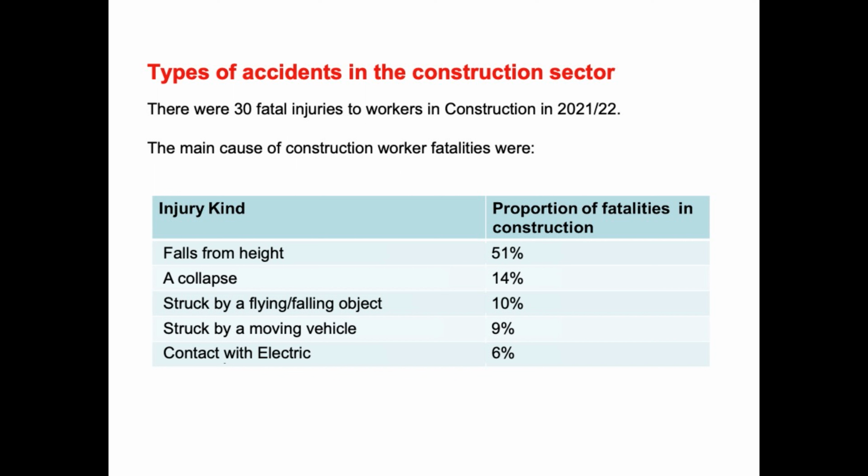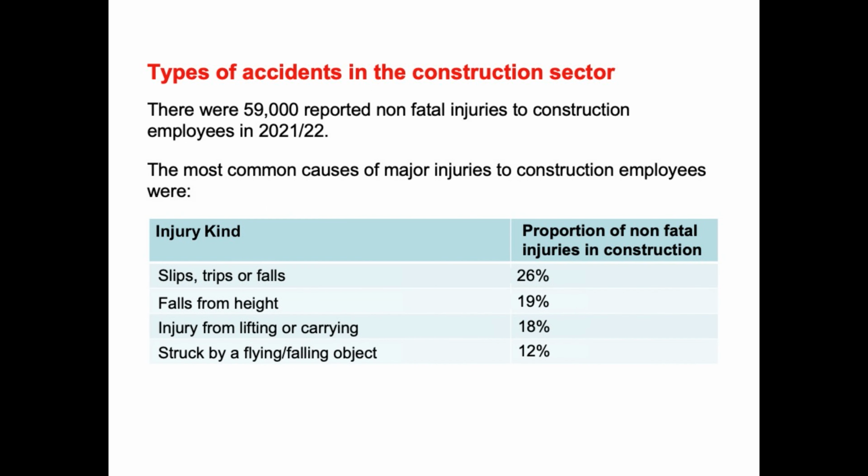The main causes of construction worker fatalities were falls from height, 51%, a collapse, 14%, struck by a flying or falling object, 10%, struck by a moving vehicle, 9%, contact with electricity, 6%. There were 59,000 reported non-fatal injuries to construction employees in